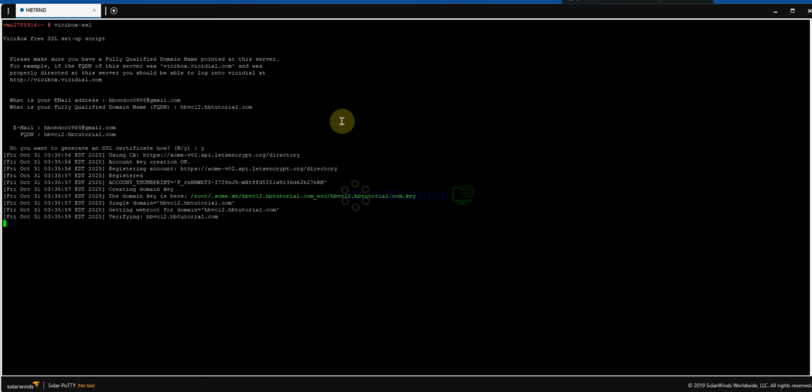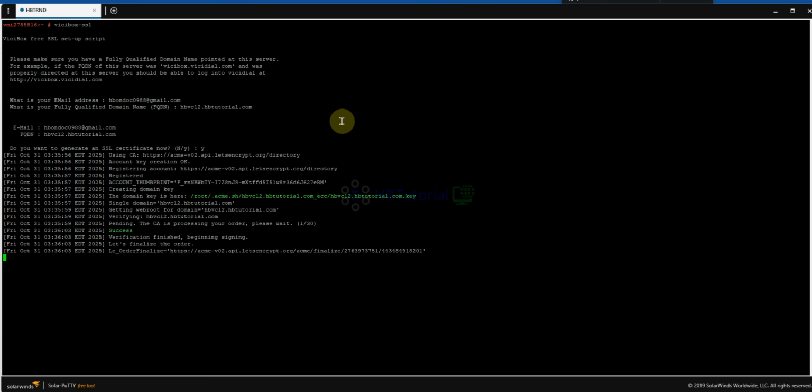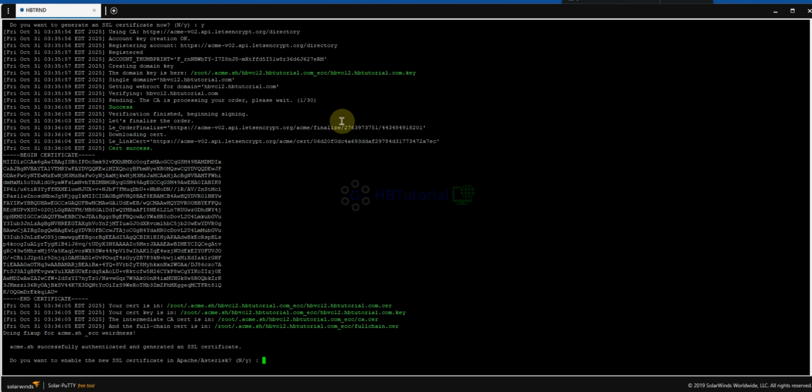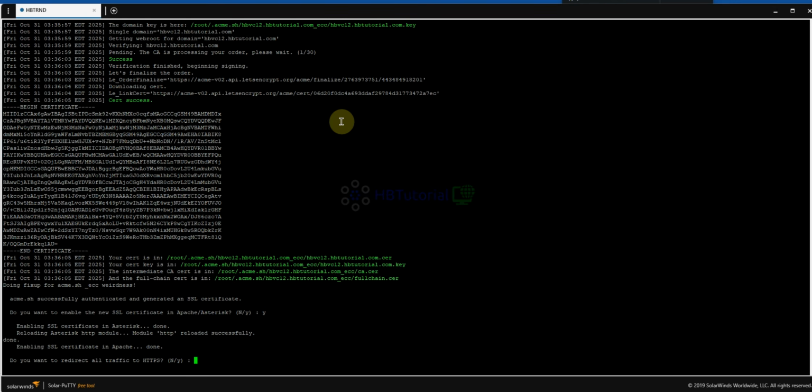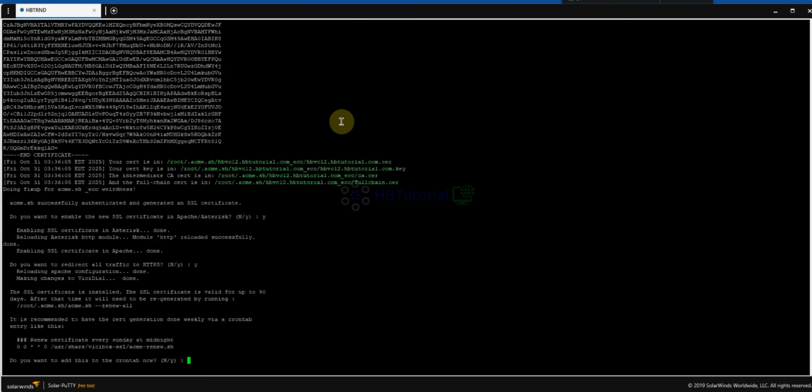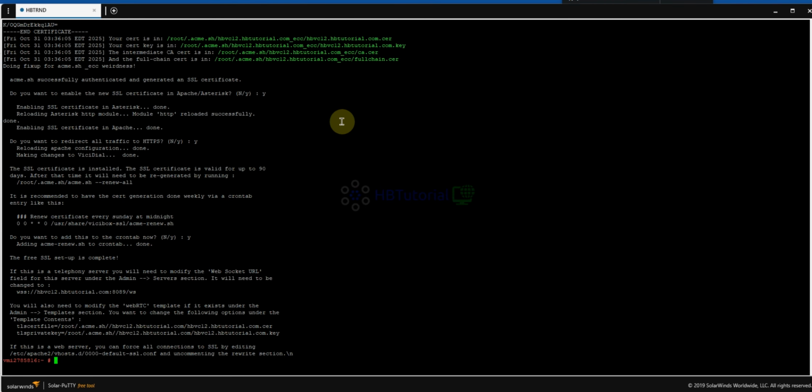You need to wait. Okay, do you want to enable new SSL? Yes. Do you want to redirect the traffic? Yes. Okay, yes for the auto renewal. Okay, as you can see, it's been installed.